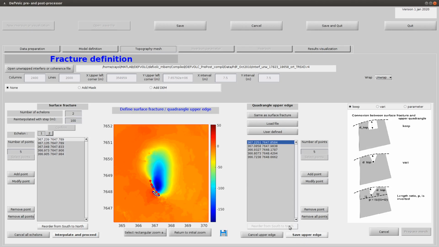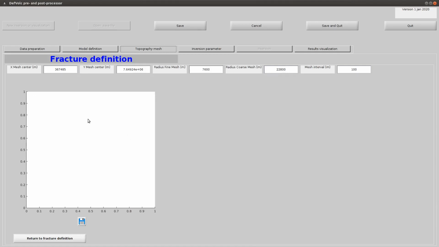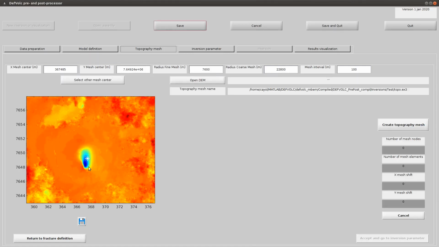I reorder it from south to north, and then I save the upper edge. And once it's saved, I can go and prepare the mesh. The next step is to prepare the mesh from the eruptive fissure. So here the previous interferogram is automatically loaded, and my next step will be to define the center of the